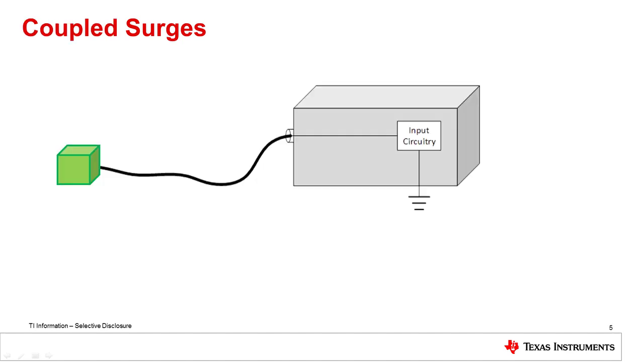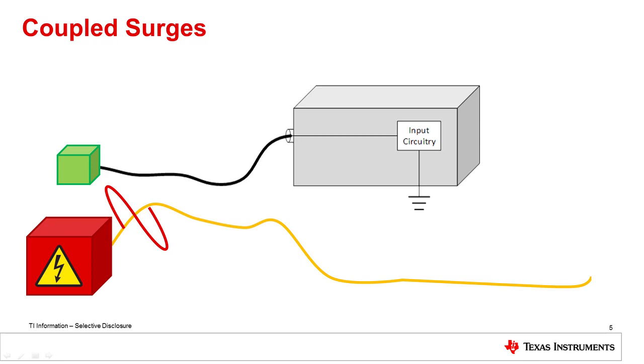Even if a system is low-powered and has limited ability to internally produce a surge, it can easily see surges coupled inductively from nearby equipment. For example, this means that in a factory setting, even a low voltage and current 4-20 milliamp loop can see major transient voltage or current spikes if a nearby motor abruptly stops and produces a large transient spike. This transient spike can inductively couple from the motor cable into the 4-20 milliamp cabling, creating a reduced but still dangerous spike on the loop.